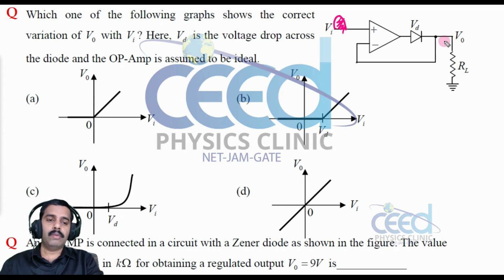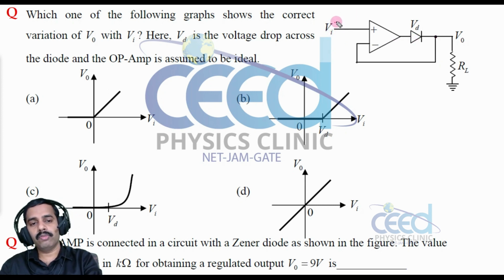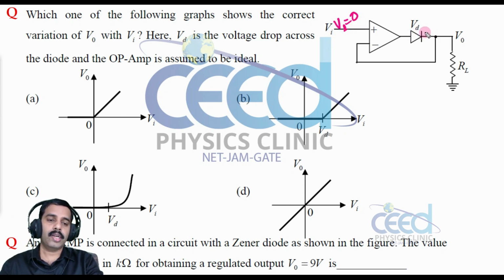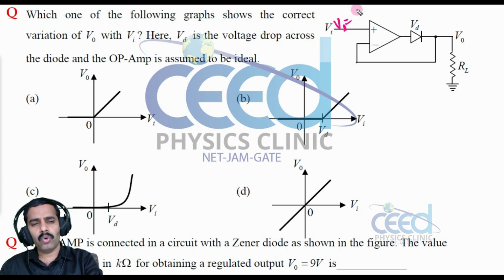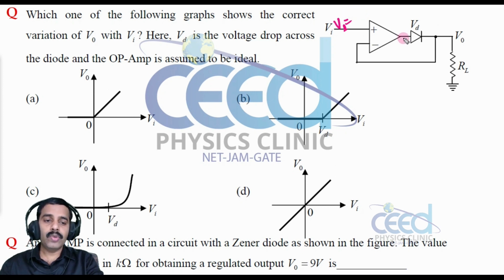Moreover, this gain is very high, which means even if you give a small voltage, suppose Vi is equal to 0, at that time this output is 0. Whenever a fraction of signal arises here, that means a small signal here, then the gain is very large, which means we have a high voltage at the output. That means this diode will obviously break down irrespective of its breakdown voltage, because the output voltage is always greater than the diode voltage.